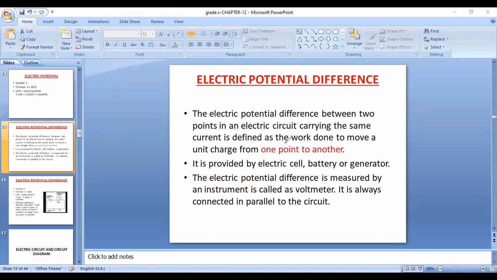Whether you say electric potential or electric potential difference, there is only a difference of one point: in electric potential difference we have been given two specific points, right? Electric potential difference is always measured between 2 points, as we can see in its definition, the electric potential difference between 2 points. So in electric potential difference, we always calculate it between 2 points, and 2 points are given. So it is between 2 points.